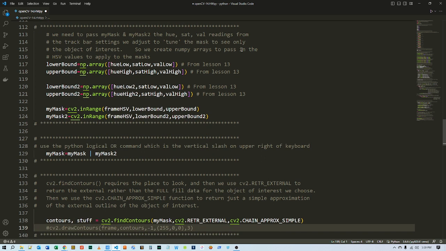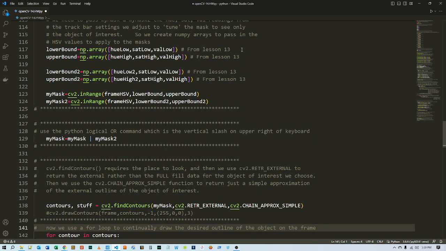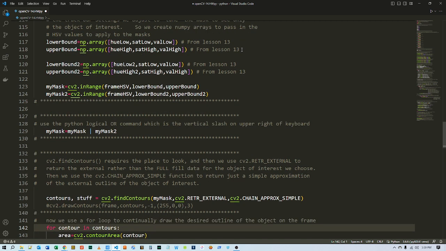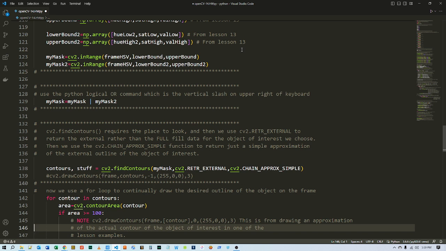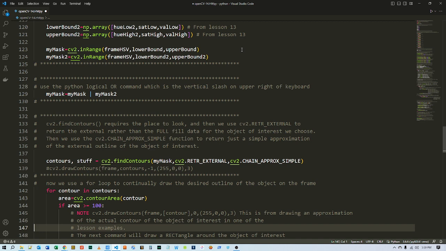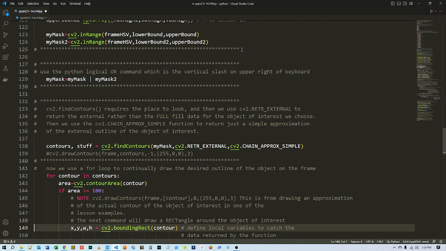In the lesson we did draw the exact outline of the object, but we didn't want to do that for this. We want to make sure the contour is in the contours, and we set a size limit. If it's bigger than this, then all we want is the contour. First we drew it in blue, that's part of the lesson, but then we decided we would do a rectangle,